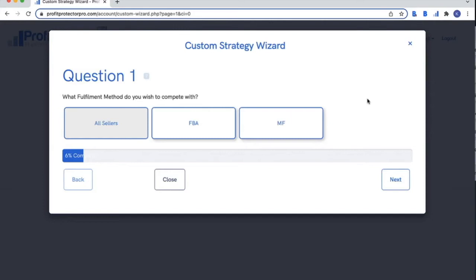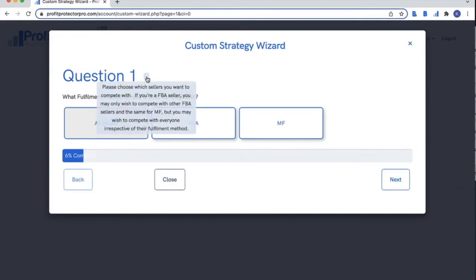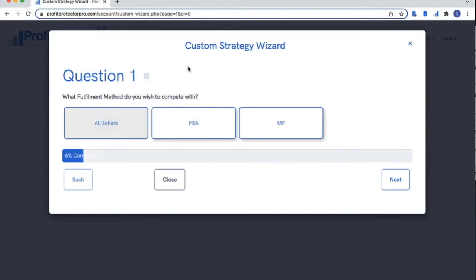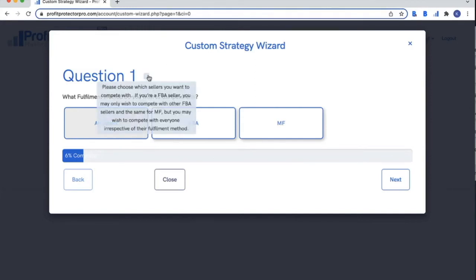As with all of our software, you have what we call tooltips. If you hover over a question mark, it will give you an explanation of a feature, or this, for example, will explain the question to you in a bit more detail. So if you read the question and think, oh, I'm not quite sure what they mean, look out for the tooltip, and that will give you a bit more of a breakdown of how to answer the question effectively.